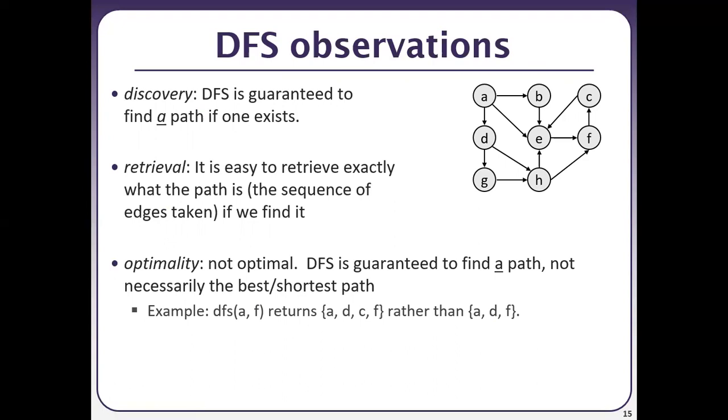So the DFS from A to F will return the path as: from A, it will go to E, and from A, it will go to D, and from D,